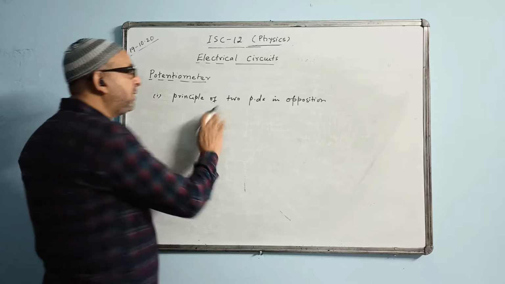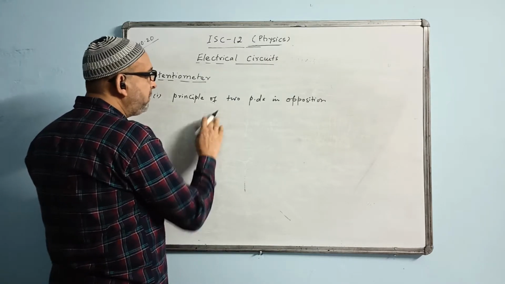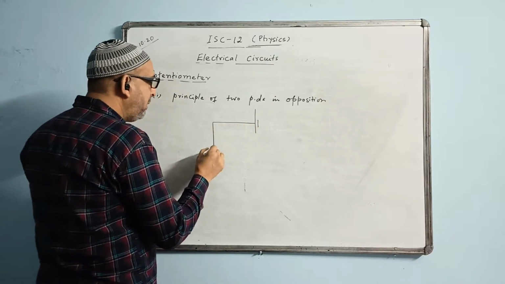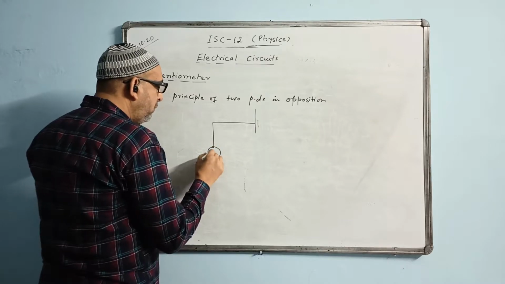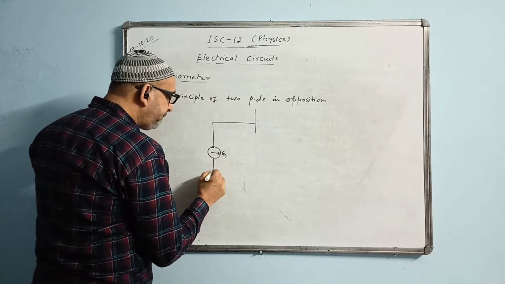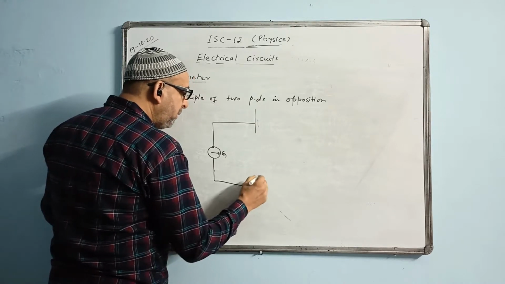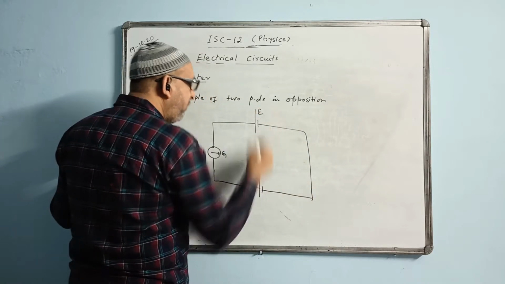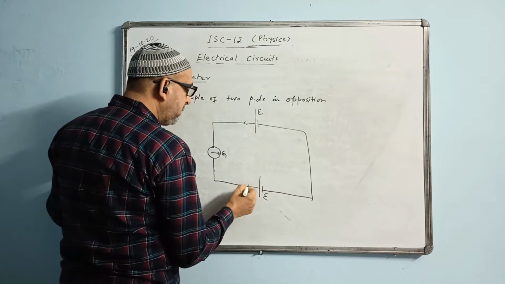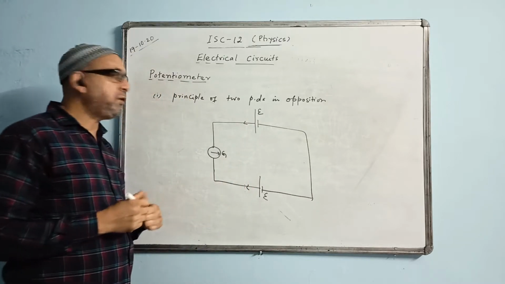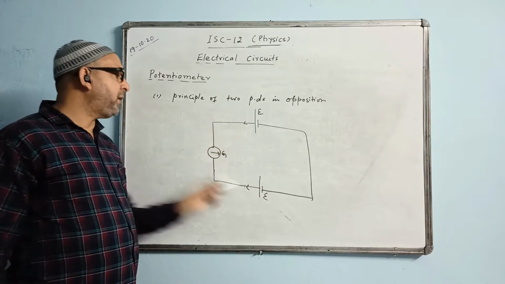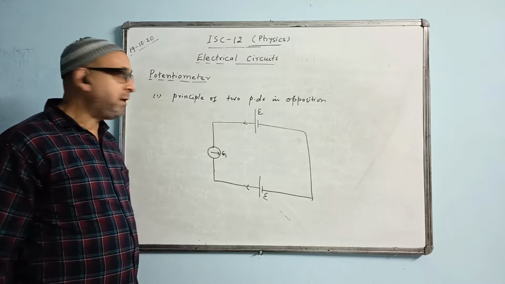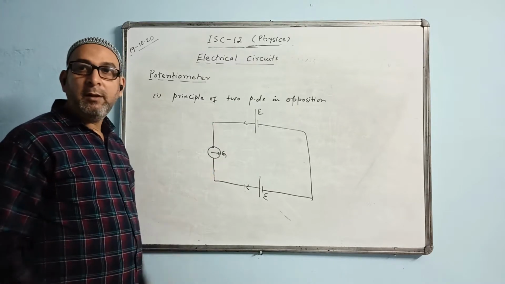Okay. So you draw a circuit diagram to represent this principle, and it is like this. We'll take one cell and a galvanometer here. We'll take another cell. EMFs are equal, I mean like this. These two cells are called in opposition. Why? Because they are giving current in opposite direction. This one is giving current anti-clockwise, this one gives the current in clockwise direction. That means this current and this current are in opposition.